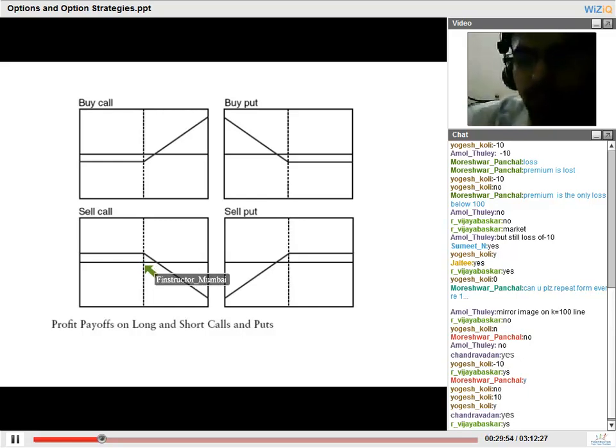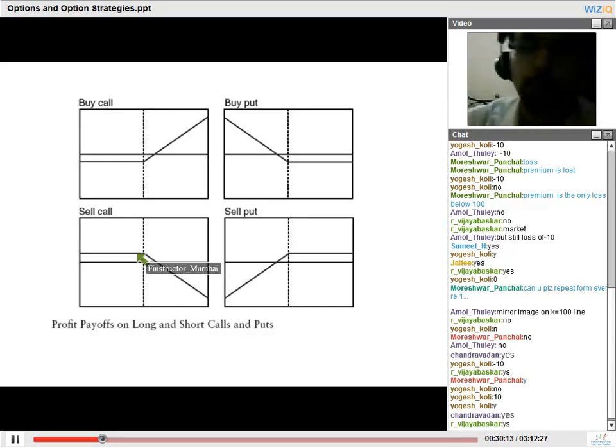He's indifferent. He'll buy it from the market also at 100. You are also selling it to him at 100. So he's indifferent. So the seller of the option will enjoy the upfront premium that he received. So he will have a profit of 10 rupees. In case of the call option,